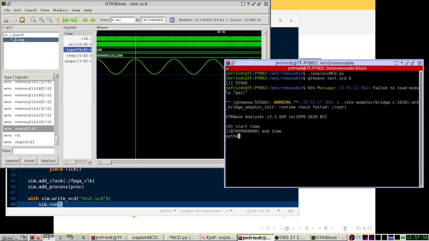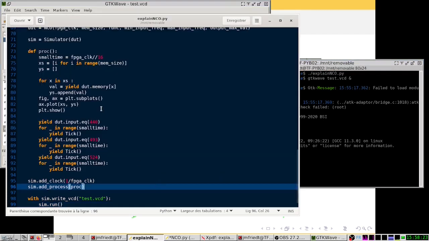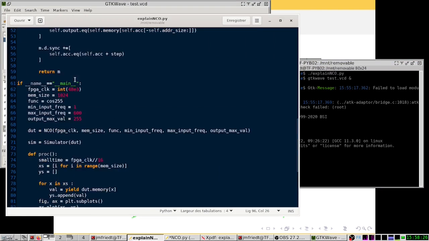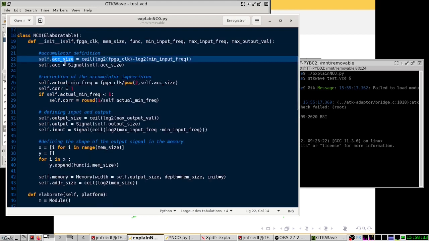If we ask Python if this is the correct frequency, it looks like, in fact, the frequency we are outputting right now is not exactly 440, but something smaller. So there must be a mistake somewhere, and the mistake comes from the fact that our accumulator size is not big enough. We need a much greater accumulator to hold values with even more precision